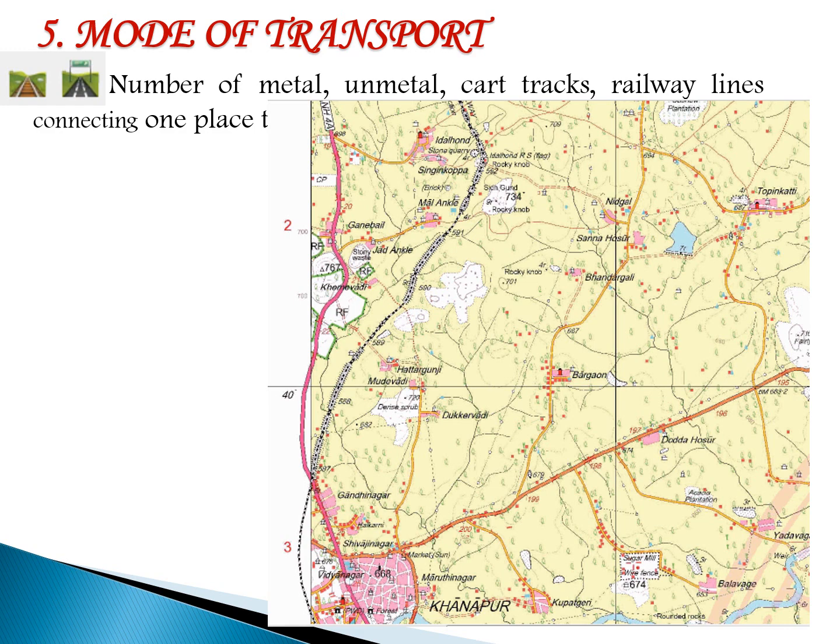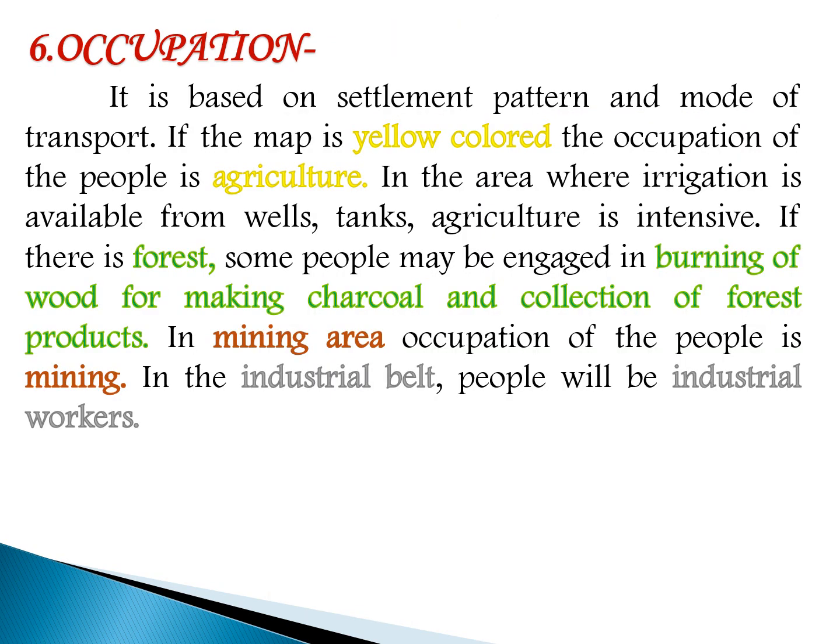So this represents what? This is a railway line. This represents the railway line which is connecting from Belgavi or Belgaum to Londa, like that you can write. So this is all about the mode of transport. You can write there is one national highway or two national highways, there are metalled and unmetalled roads, there is a railway line which is connecting from one place to another place. You can write the place name. So this you have to write in mode of transport.